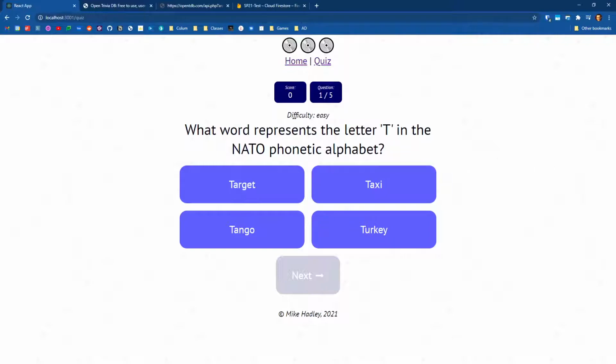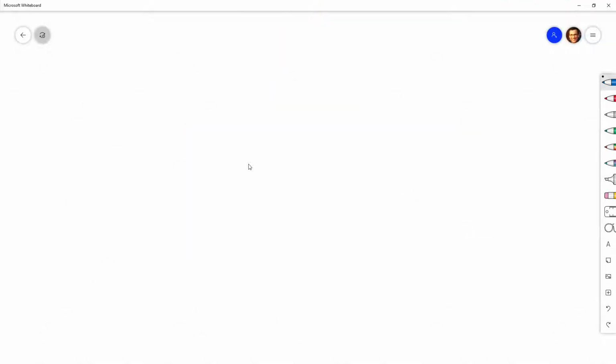So with that context, what I want to do is open up a blank whiteboard here and go through the process of mapping out this new application we're going to build. So we'll do a sitemap together, and then we'll talk about the database structure that we're going to use. So a sitemap is a really simple information architecture structure where you try to map out where information sits in